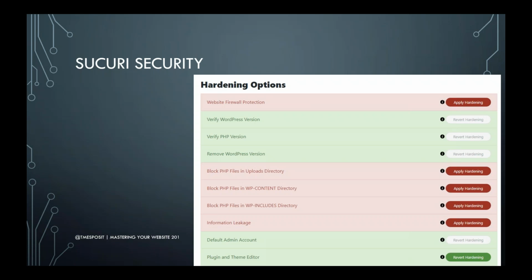And it's very easy to apply this because you can just go through and click on these. Now, I think the firewall one, when you click that, it says, oh, upgrade to the paid version to use our firewall. But the other ones will turn green, as you see with the verify, the WordPress version, and stuff like that. So this tool is very cool because you can very easily just go through and say, yes, I want to make it that much more difficult for people to hack into my site at a click of these buttons.